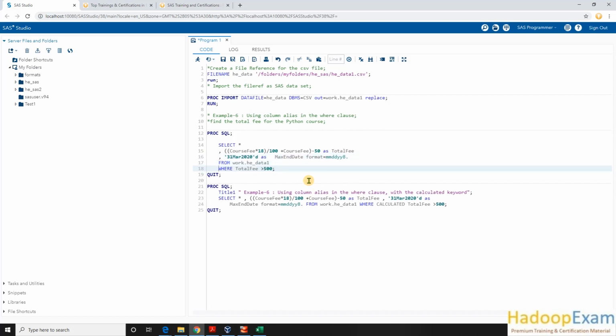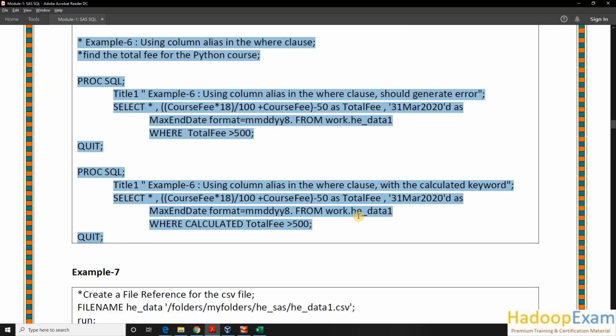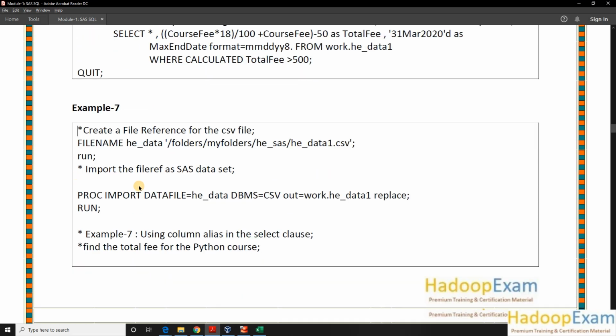Now in the sixth example, we are again selecting all columns using the total fee as a calculated column. We have put CALCULATED in front of this total fee column, so that is already done. So let's move further on to example 7.